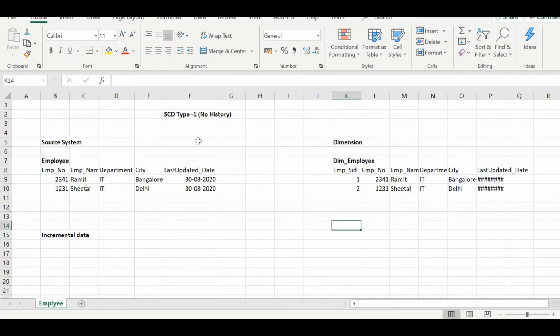Everyone, let's understand a live scenario in Azure Data Factory in today's lesson. Today we will learn about slowly changing dimension. If you are already working in a data warehouse project, then you must have come across this concept, slowly changing dimension, while developing your dimension table. We have four different types of SCD: type 1, type 2, type 3 and type 4. In this video, we will understand the concept of SCD type 1 and we will do the hands-on practice.